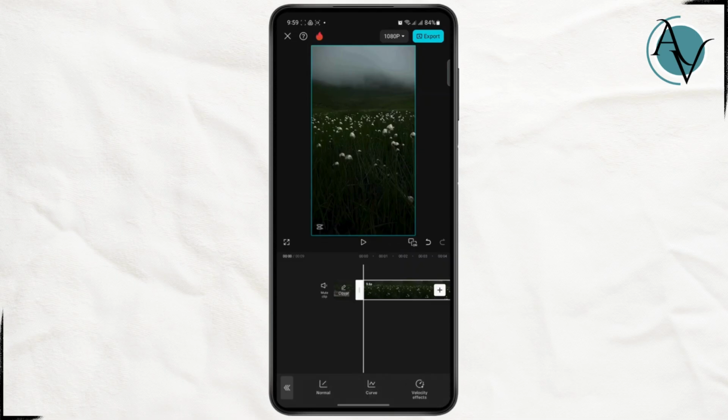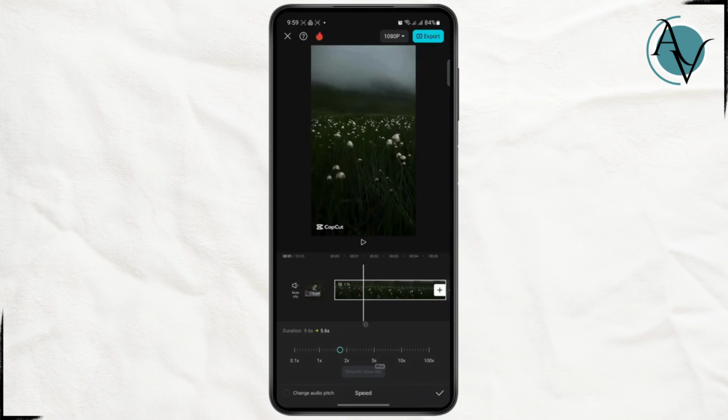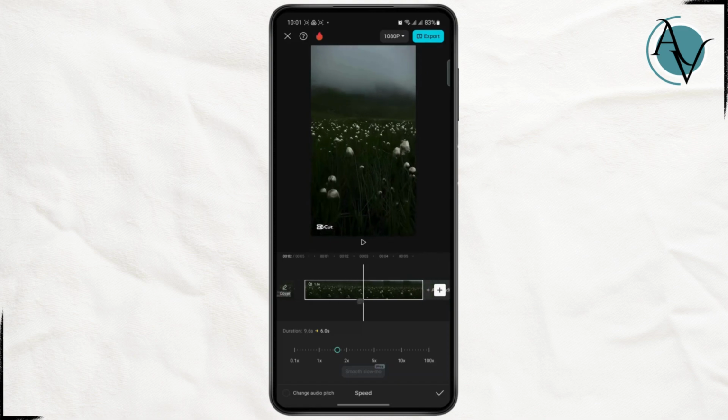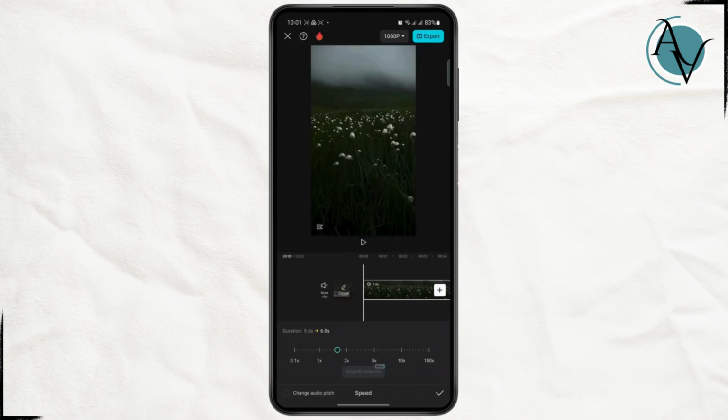You can just tap on speed and change it to normal. You can go up to 100x. So if you want a smoother slow motion, you can choose a part of the video that you want to speed up like this. This way you will be able to speed up the whole video, but if you just want to speed up